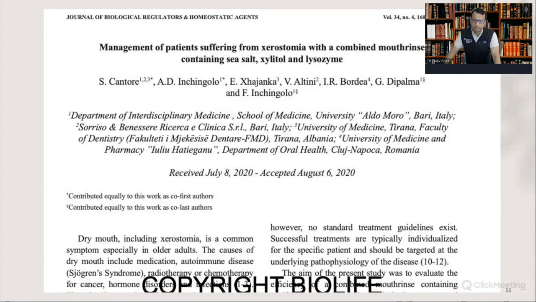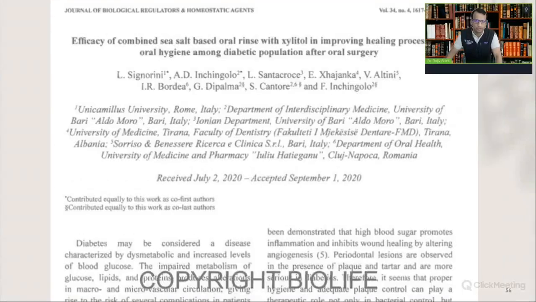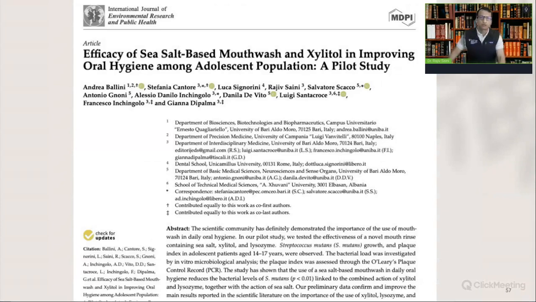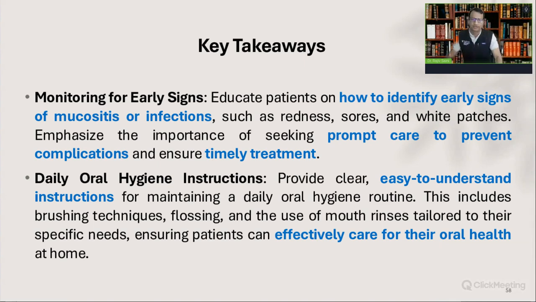There are a lot of studies on sea salt based oral care products that show how they can manage xerostomia, how they can help improve the healing process and maintain oral hygiene even in diabetic oral surgical patients, and also how they can improve oral hygiene among orthodontic patients. So there are routine, regular clinical studies already done that prove the effectiveness of these sea salt-based oral care products. So the key takeaway message for all of us here in this seminar is